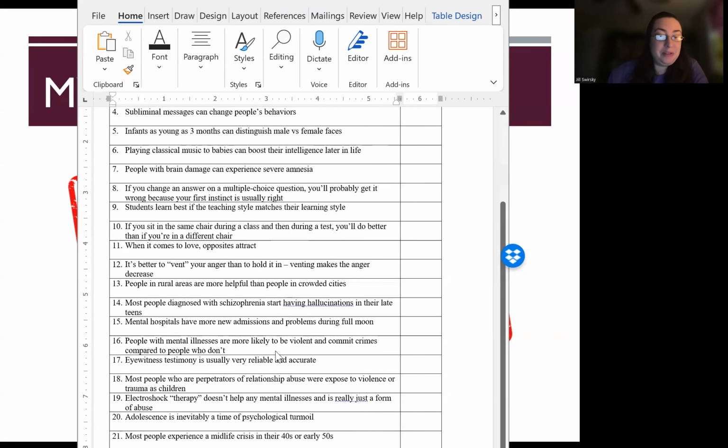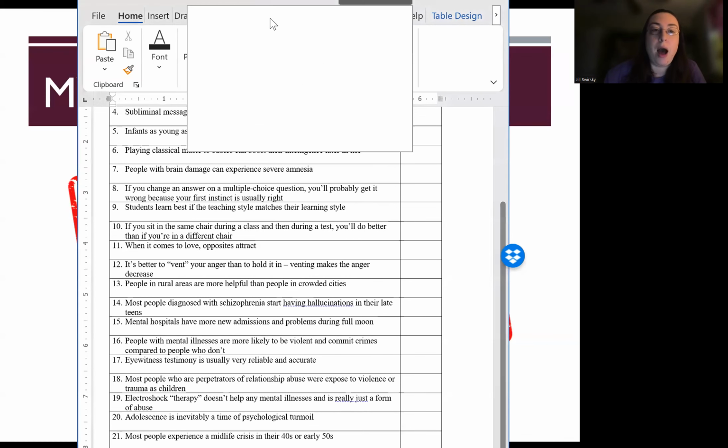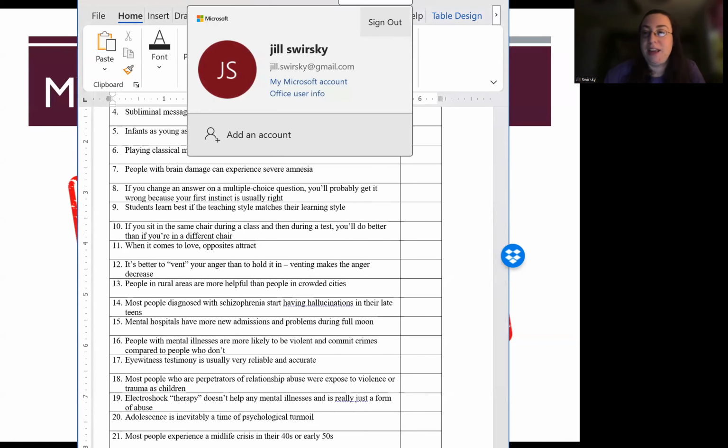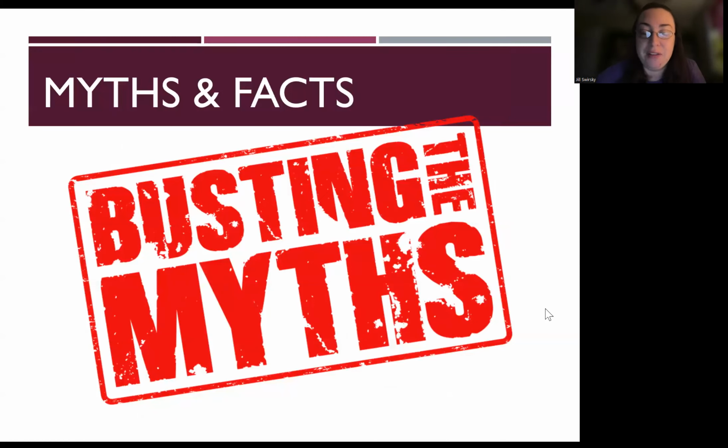A lot of these topics are things that we are going to come back to over the course of this semester. I will post the answers to this activity at the end of the week so you can see if you got them right. I'm not grading it or anything, but I want you to really think about what we know about psychology and how much of it is actually rooted in evidence, and how much of it is kind of tribal knowledge or things that we think we know.